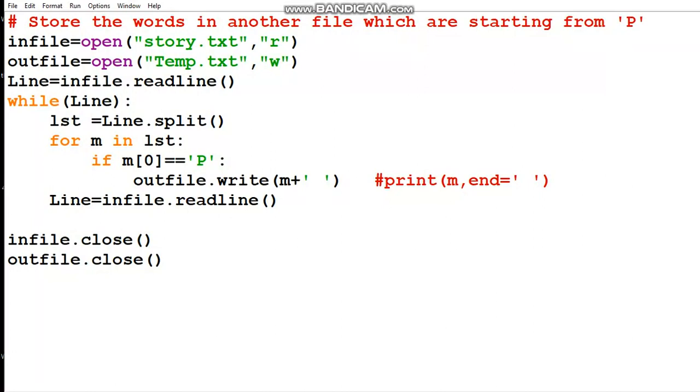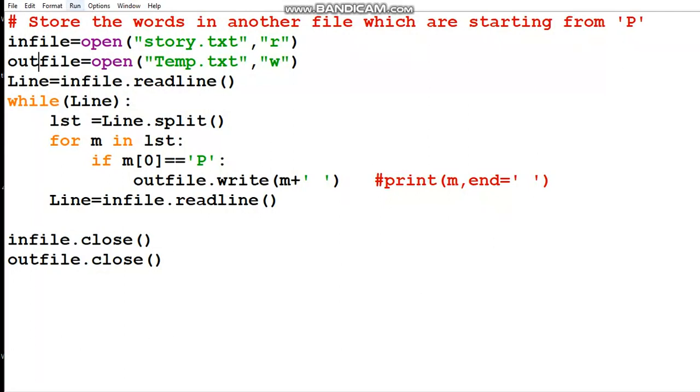This way more programs can be made: words starting from a special character stored in another file, words starting from a vowel stored in another file, or only the first and last line copied to another file. This way questions can be created and solved.